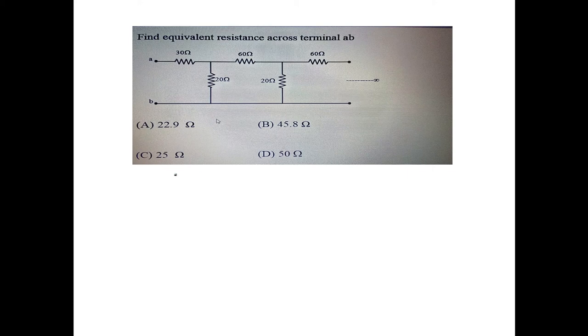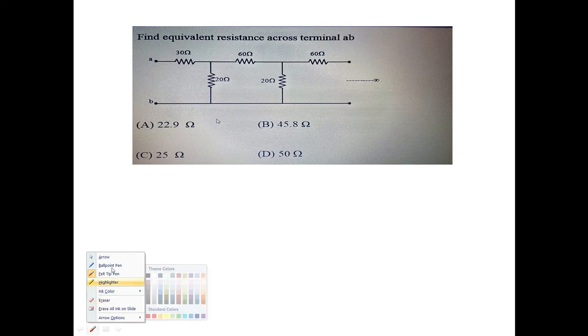It is stated that find the equivalent resistance across terminal AB. We have to find the equivalent resistance across the terminal AB for this particular problem. So this is a very important problem, because this is in form of a ladder where it is connected in an infinite loop. So how we will solve this particular problem? First of all, we will draw the circuitry of this problem so that you can easily understand what the problem is trying to say.